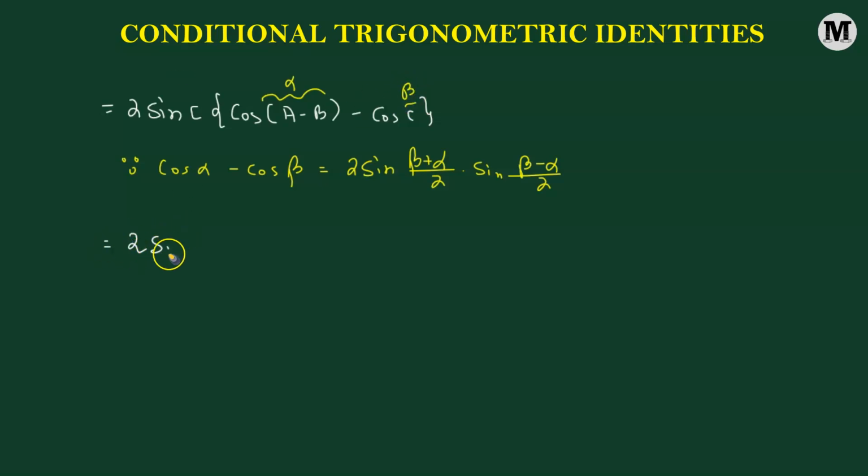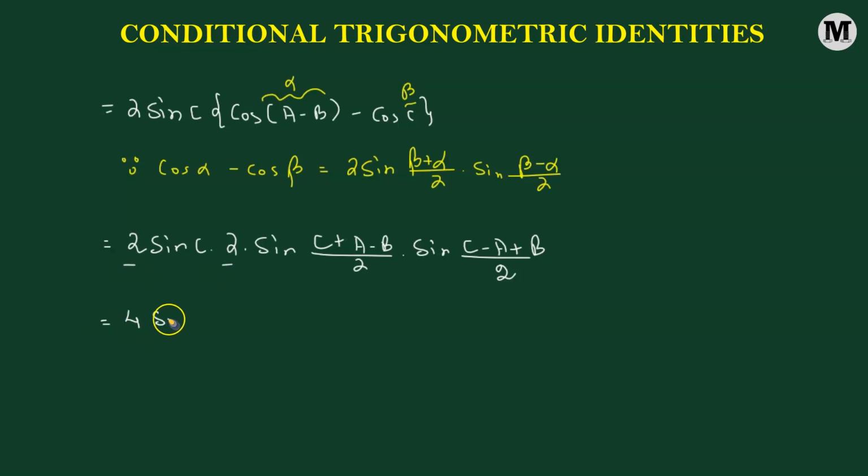This is going to give us 2 times sine of angle C multiplied by 2 times sine of the angle beta plus alpha. So that means we need C added to A minus B, divided by 2, multiplied by sine of the angle beta minus alpha, which means we need C minus A plus B divided by 2. Okay, so we have 2 times 2, that's going to be 4. So we have 4 times sine of angle C multiplied by sine of C plus A minus B,